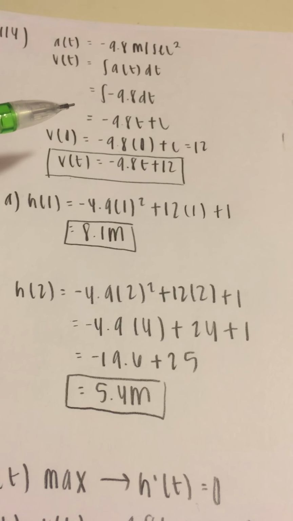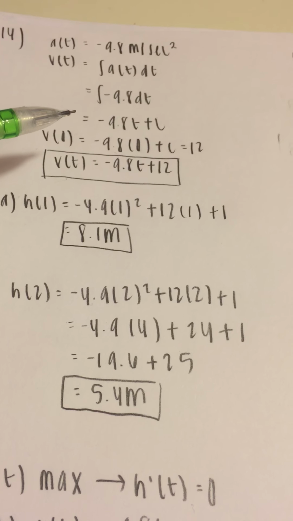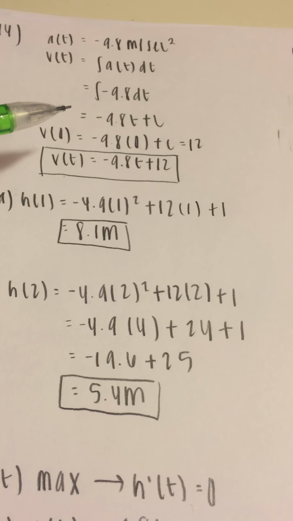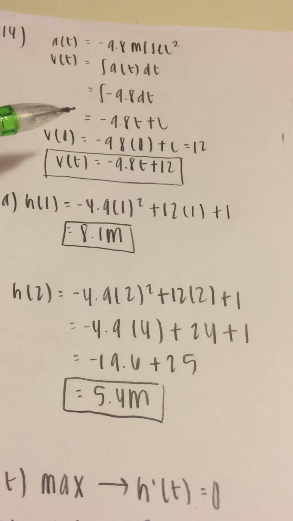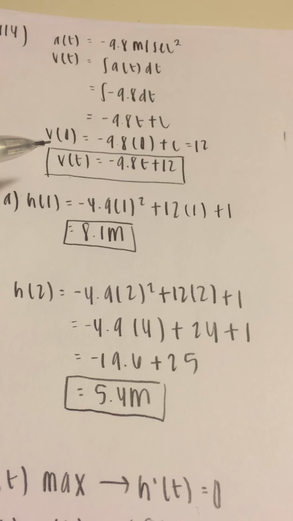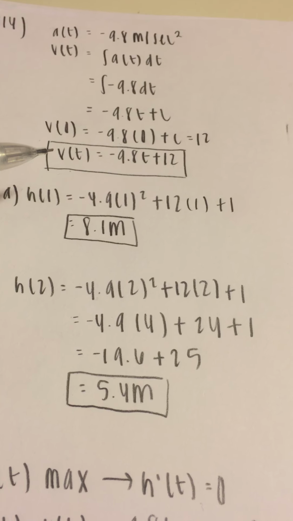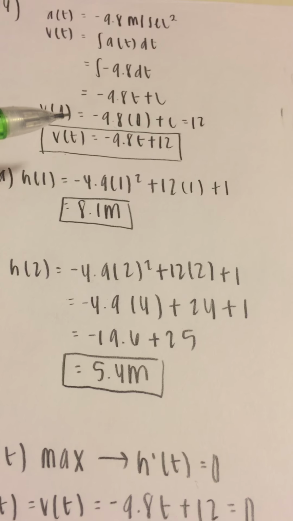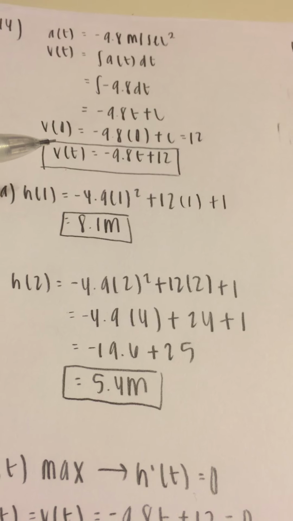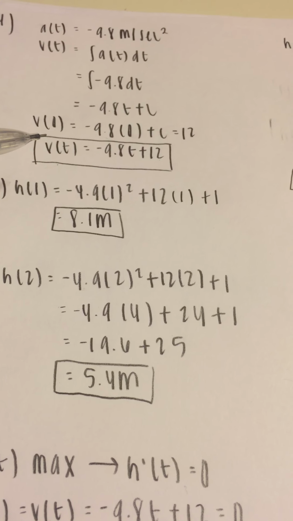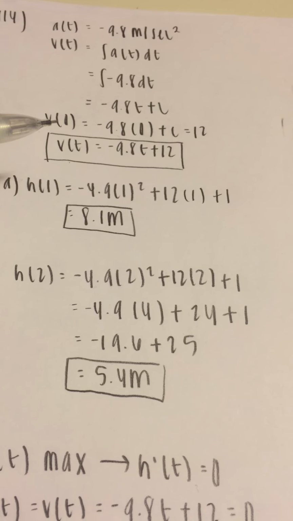And then once we find this equation right here, we're going to set it equal to 12, and 12 is the starting velocity. And also we're going to plug in a 0 for the t in order to find our function, and after plugging in the 0 and setting it equal to 12, we should get negative 9.8t plus 12